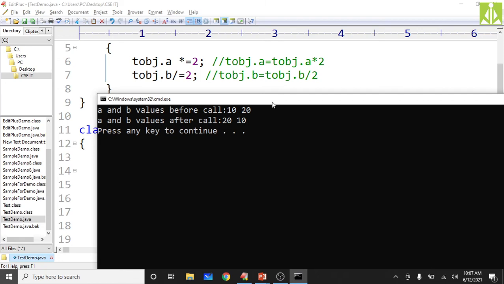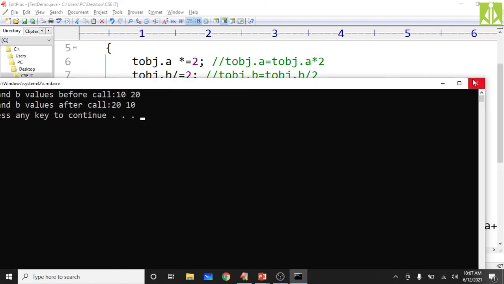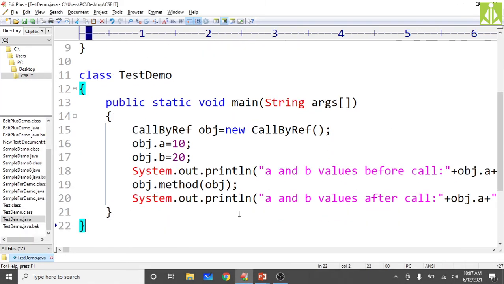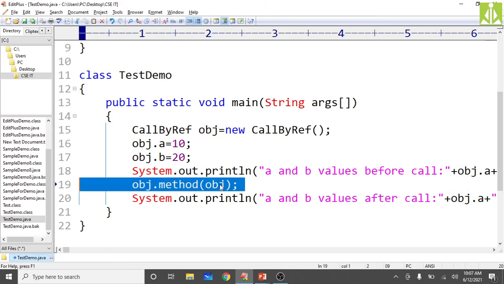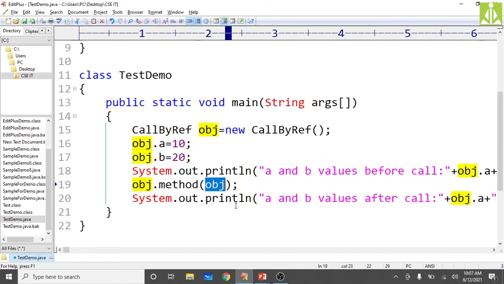So this is something called the call by reference mechanism, and the changes you are making to the formal parameters are affecting the actual parameters. Okay, hopefully you understood. And we said Java does not support pointers, so how are we achieving call by reference? By passing the objects. With the help of objects we are achieving the call by reference mechanism. Over here as you can see we are not passing any primitive types, because if you pass the primitive type it will become a call by value. Instead if you pass the objects it will become call by reference.